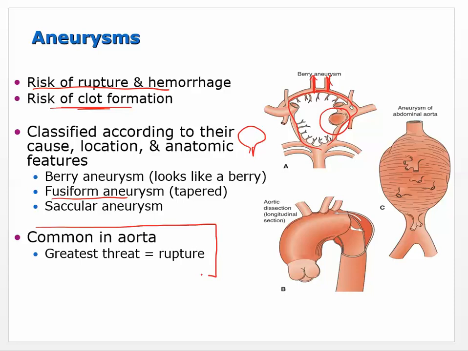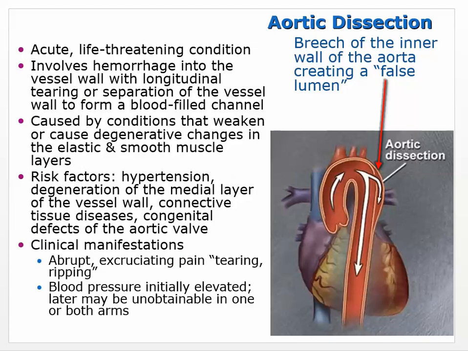So aneurysms. That's actually where you see a lot of aneurysms, namely in aortic dissection. You see a lot of aneurysms actually occur in the brain, particularly, like I said, in the circle of Willis, which is where these blood vessels are kind of all coming together to enter the brain, or as they get into the brain. Okay, and of course the greatest threat again is rupture. So an aortic dissection